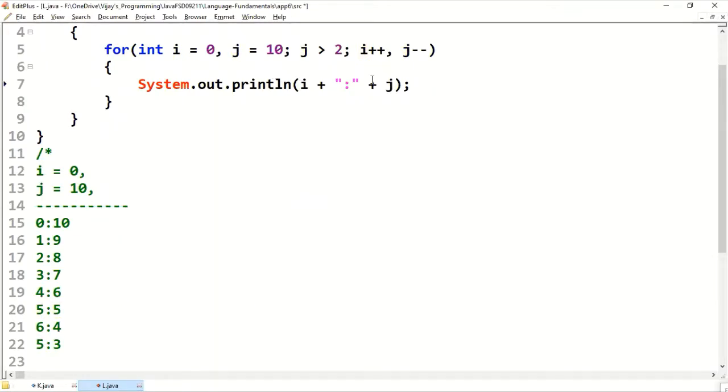Now, once again, increment and decrement is going to happen. Sorry, in this case, on the left side, increment, and on the right side, decrement.